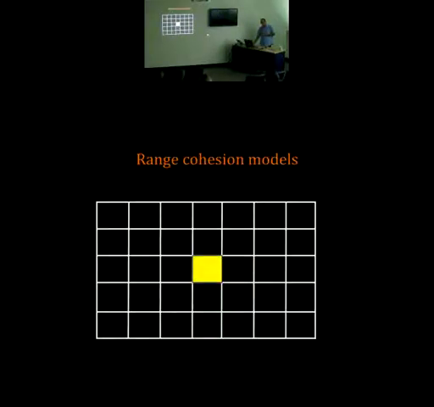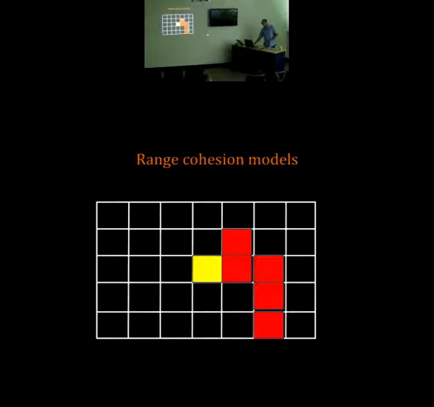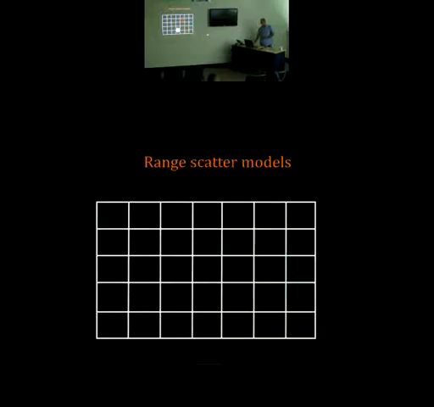So in range cohesion models, for example, you start out with a random location for a species, and your next modeled location is contiguous, so it's one of the adjacent grid cells, but correlated with an environmental variable of your choice. This could be rainfall, it could be temperature, it could be any factor. So you could come up with a distribution that was simultaneously contiguous and incorporated rainfall and temperature. You could do the same thing, correlating it with rainfall and/or temperature, but without any contiguity. And in essence,